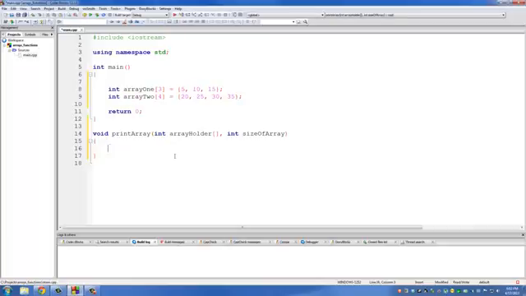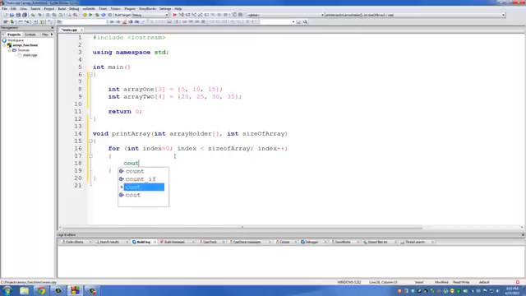All we have to do is cout. Actually, what we have to do is we have to create a loop. So we're going to create a loop for integer index is assigned to 0, okay, semicolon, while index is less than size of array, okay, index needs to be incremented. And then we're going to put this under another 2 curly braces,